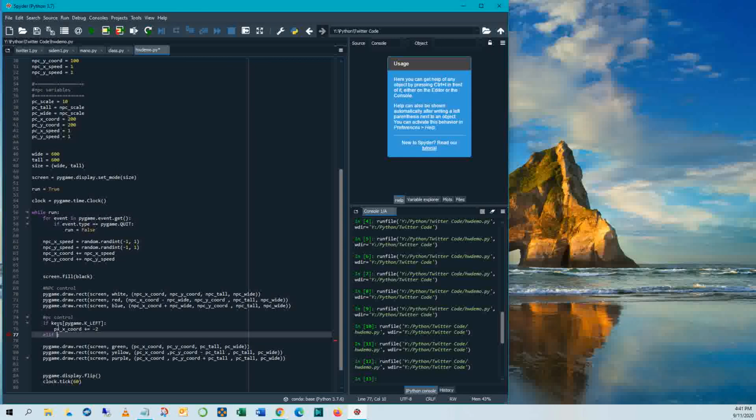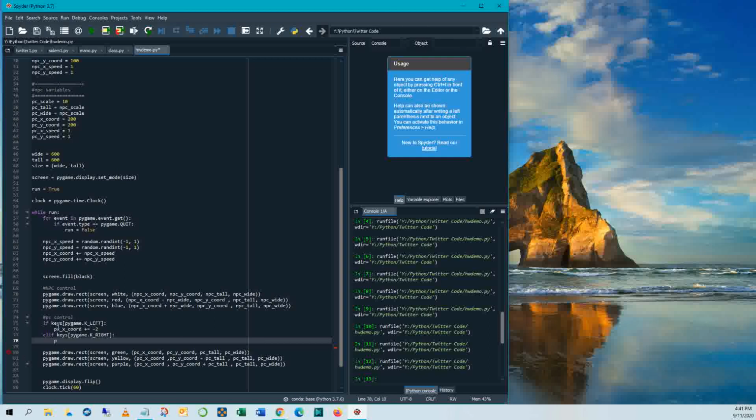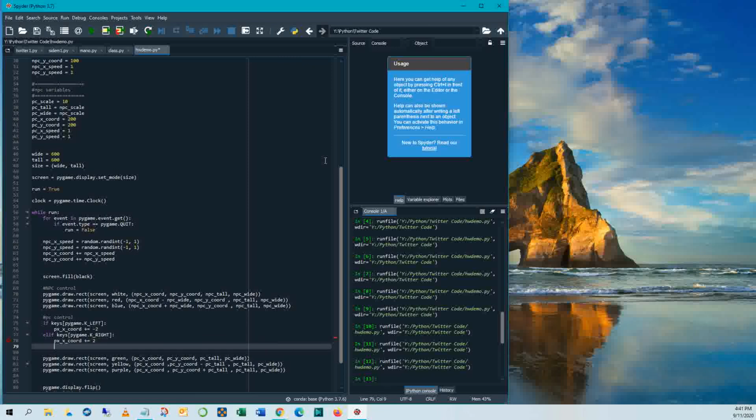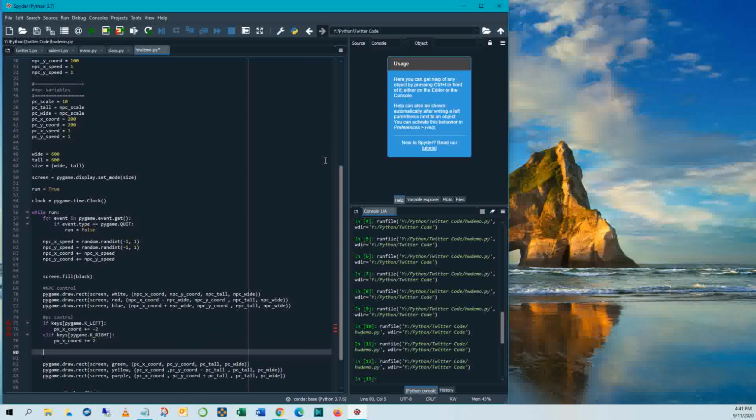Actually, I'll type it. Okay, and if that happens, then PC x coordinate plus equals 2. So that is for left and right, but we'll say that you can hit up and down arrows at the same time. So basically, if keys Pygame K_UP